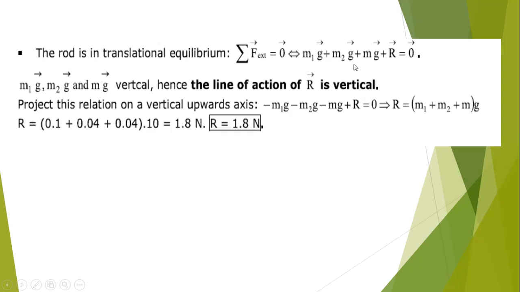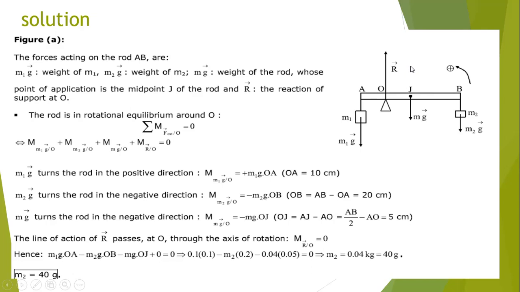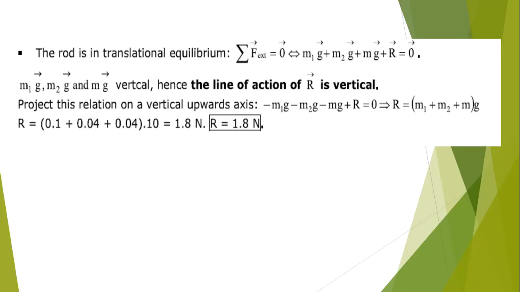By projecting this relation on a vertical upward axis, if we return to the figure, if we consider a vertical axis, for example y prime y in an orthonormal system, and project all forces, we find that all the weights in this relation are vertical but in the opposite direction, since all weights are represented downward. So by projection we obtain minus M1G minus M2G minus M rod times G, but only R is vertical and upward, so R is represented in the positive direction of